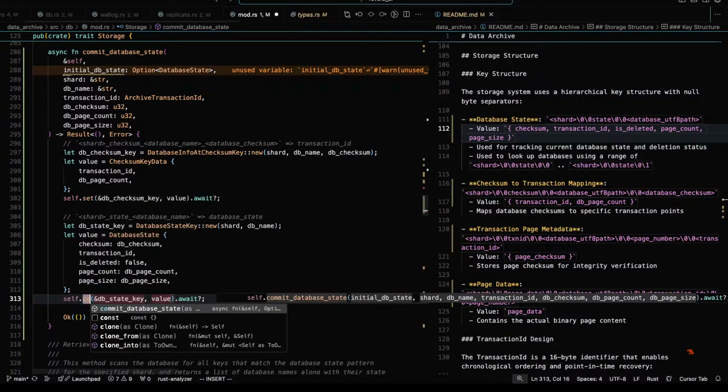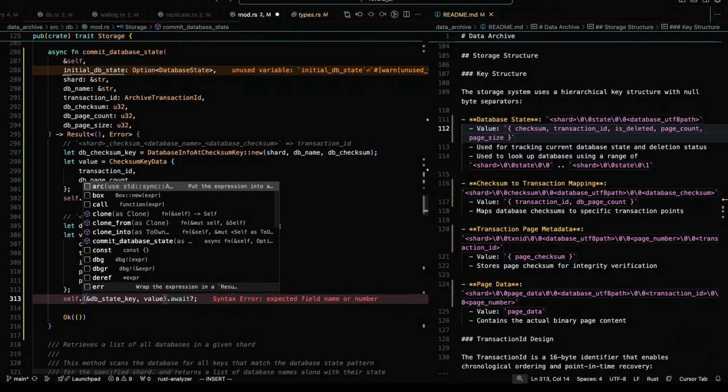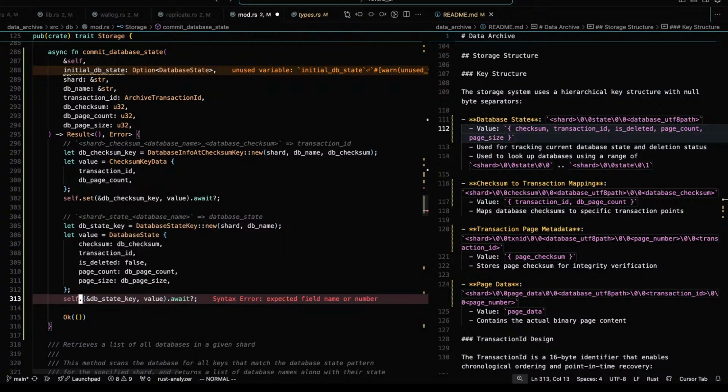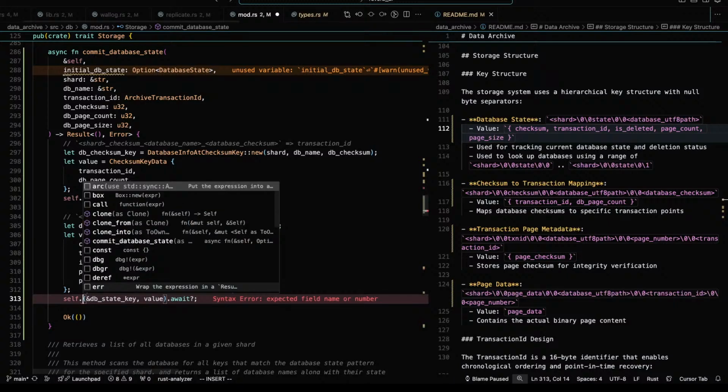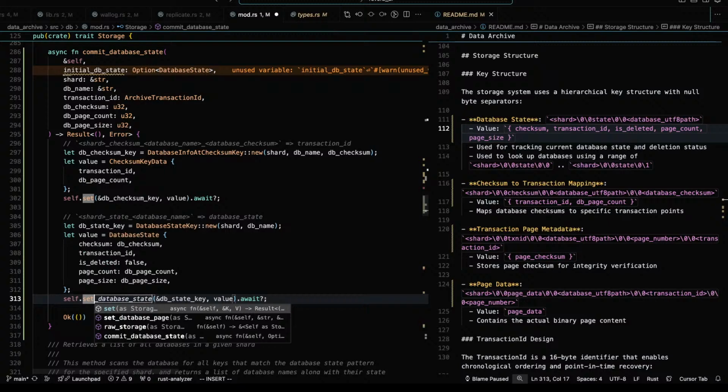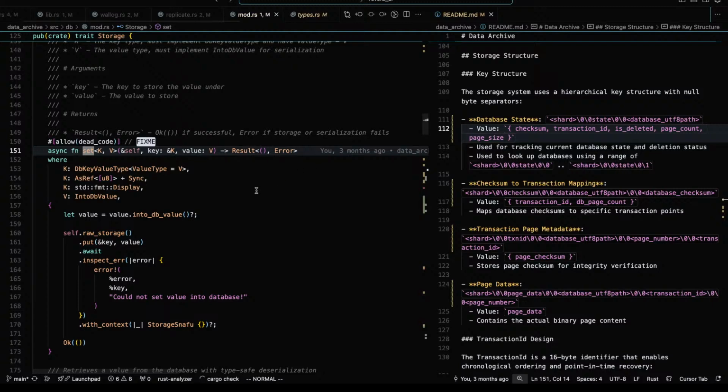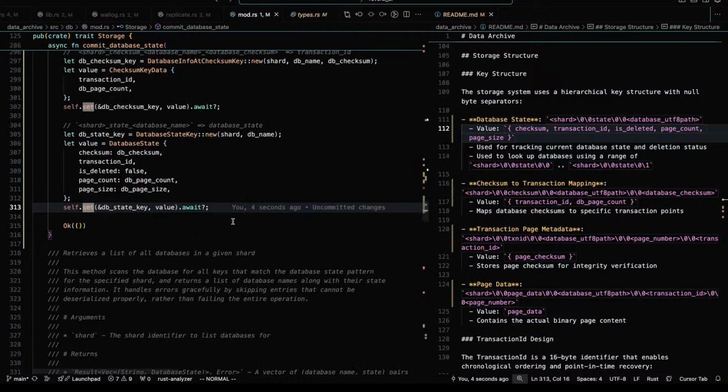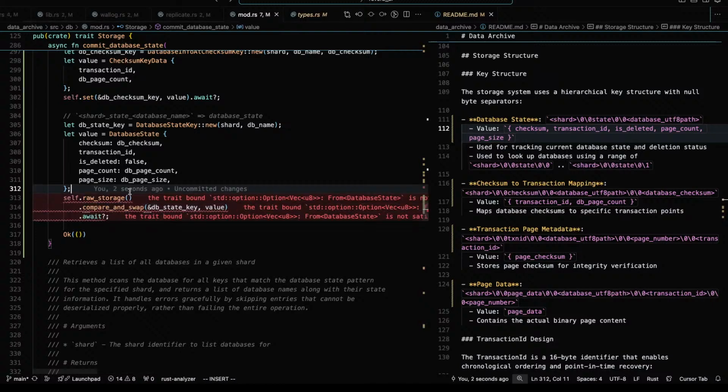We want to do a compare and swap. Swap. Oh, that's right. We have to serialize it and do a bunch of other stuff as well.